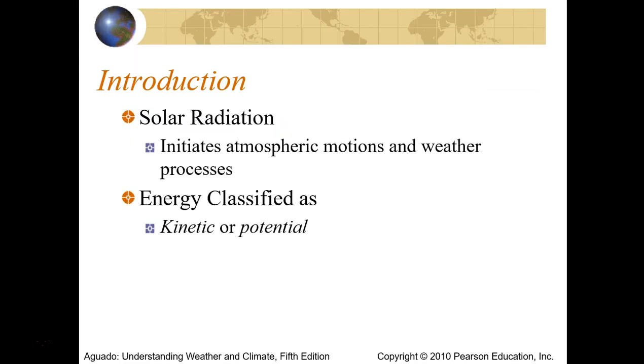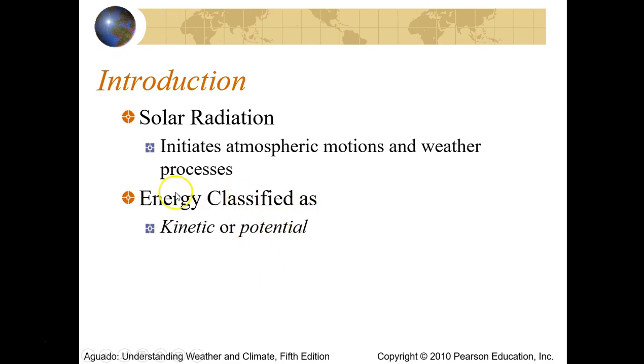So our key is we first have to accept and understand that solar radiation is the ultimate engine that drives everything in weather and climate. The energy from the sun and how it gets to the earth is ultimately what is the engine that drives weather and climate. So when you try to figure out any process with weather and climate, you really have to begin and understand how the energy of the sun moves. And what we will discuss is how basically the sun's energy and radiation is not equally shared.